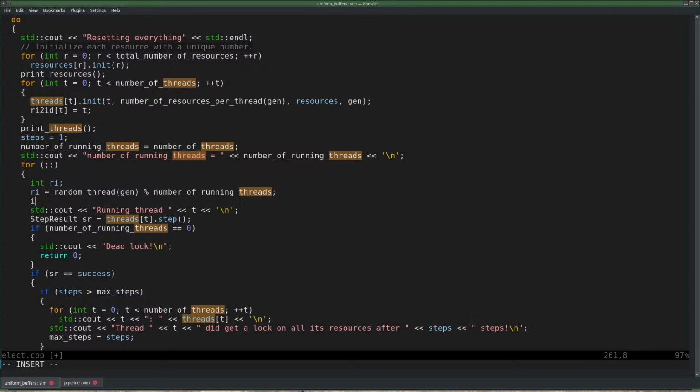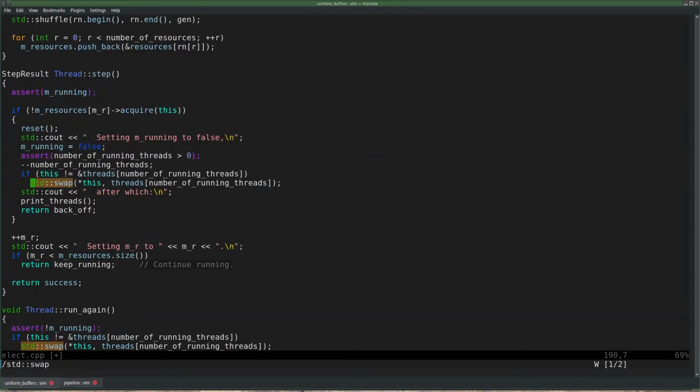And then we're going to run thread number running index to ID, which is vague as hell, but I think that works. And then we're going to swap